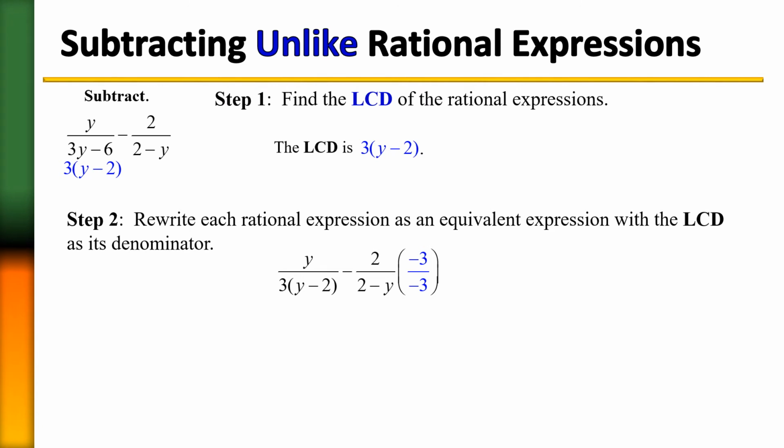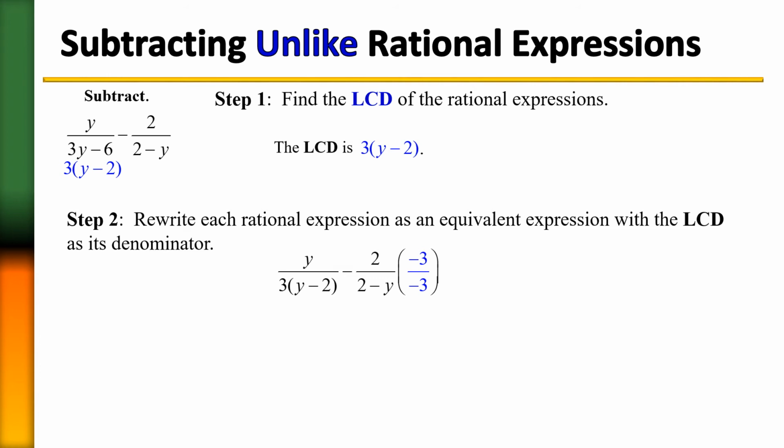Because remember, you need a negative in order to reverse that bottom of 2 minus y. It also needed 3. So 3 times -1, that's where that -3 comes in, that you have to multiply the top and the bottom with. Remember, you didn't have to multiply anything with the first expression because that was your LCD. And so now we can go ahead and